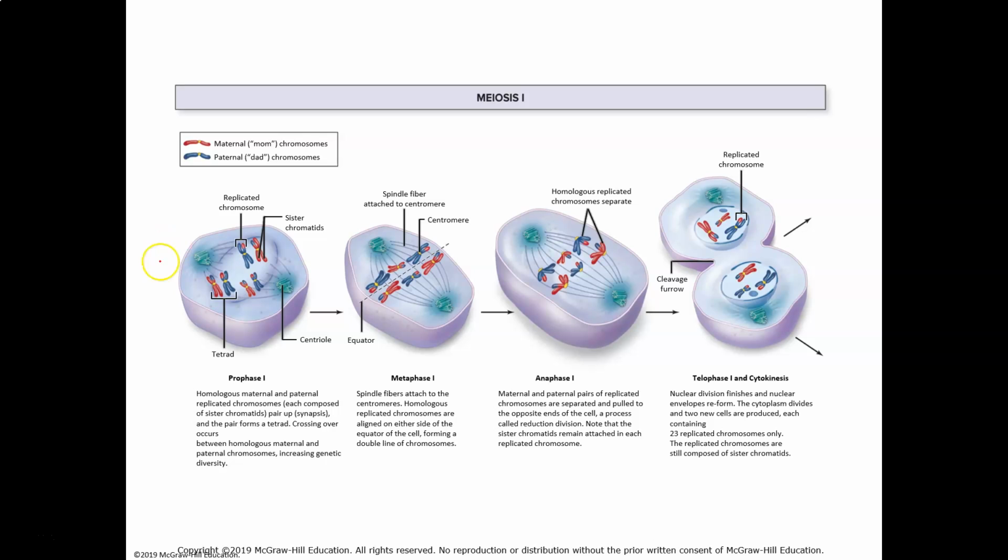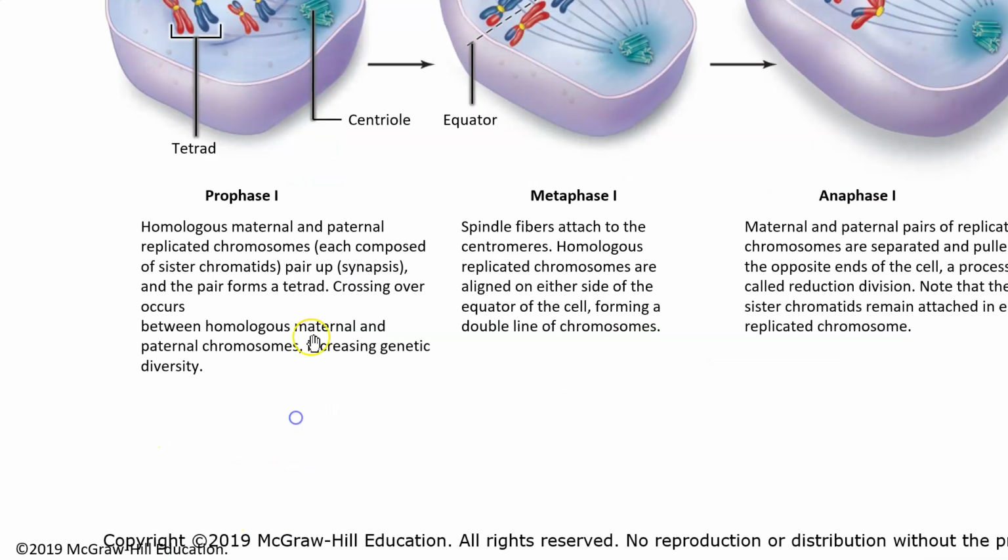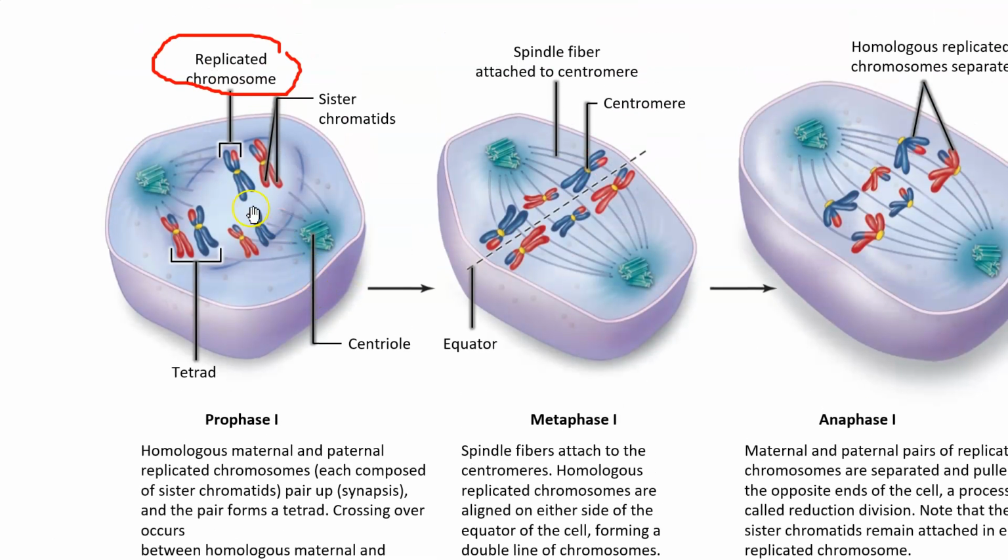Alright, so this whole slideshow goes through the whole process. Now, when this slide says replicated chromosomes, these chromosomes are replicated and they have swapped over. And you can see that. I don't know if I can magnify it, but maybe I can. Aha! I can magnify it. Alright, so you see, these chromosomes have swapped genetic material. So they have already done the crossing over thing.